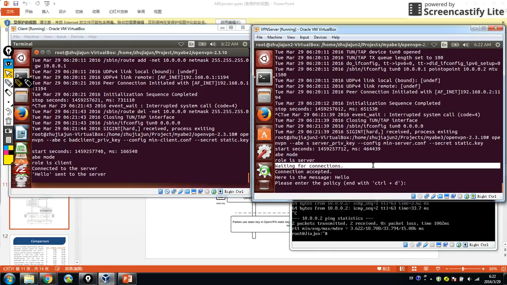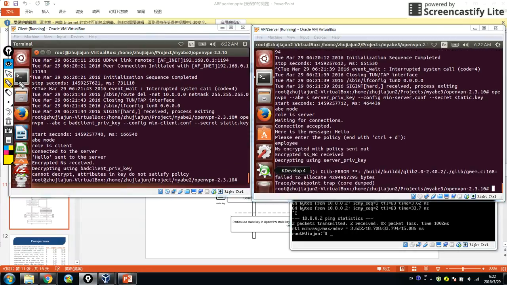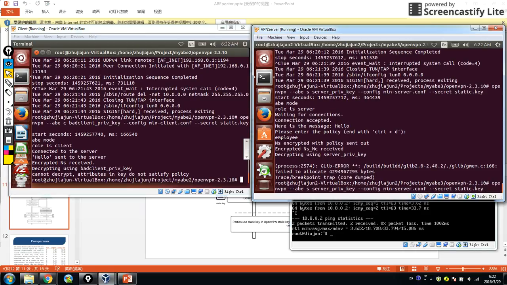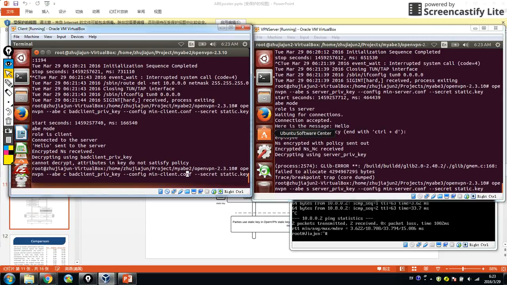That's the initial. Now we're going to enter the same access control policy, which is employee. This time it fails, since the client does not satisfy the policy, which should be an employee. And if we change the client back to that employee client,